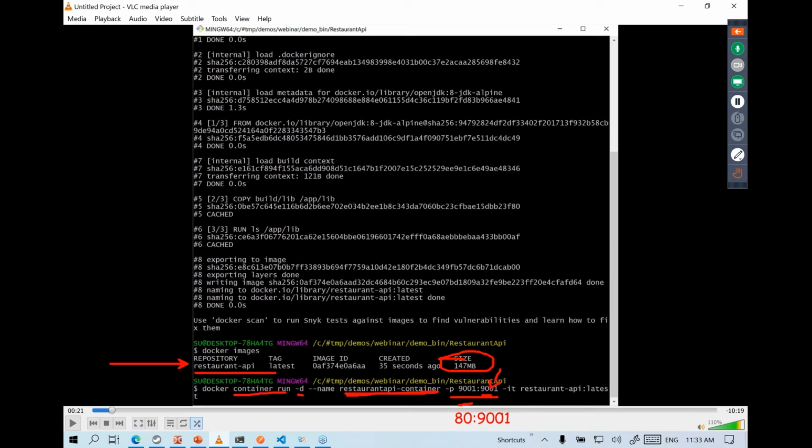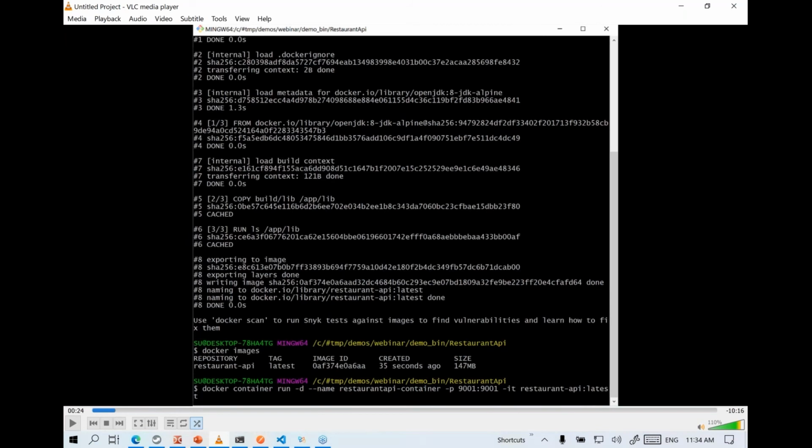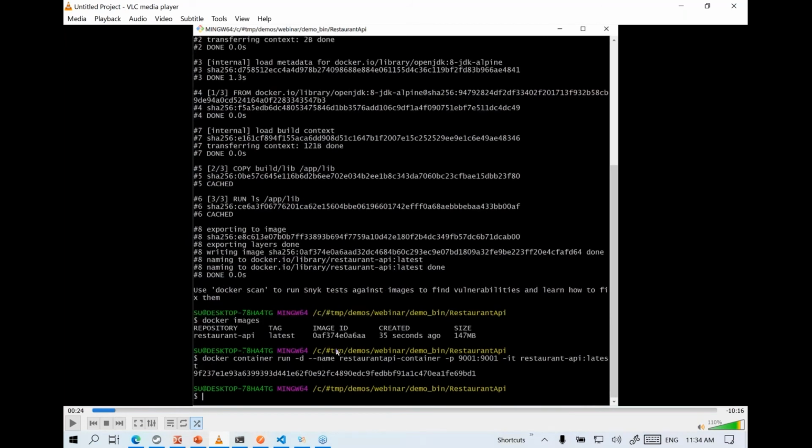So this way you'll be able to use whatever the IP address is of your running container, and then specify this external port number or the mapped port number. And this is the image we want to use to create a running instance. So basically, once you run this command, it will barely take just a couple of seconds, 2 to 3 seconds or so, and you will have your containerized application up and running.